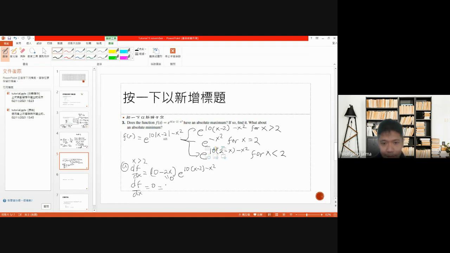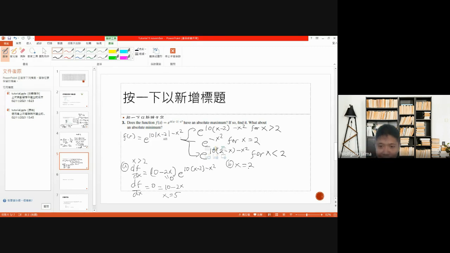Equals to 10 minus 2x. So x equals 5. Okay. Now for the b part, it is when x equals 2, then